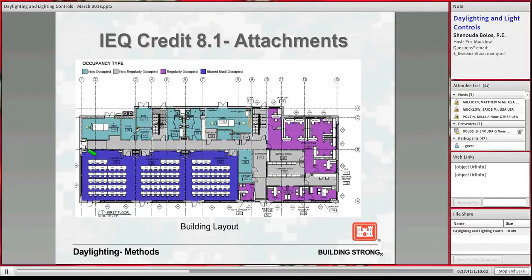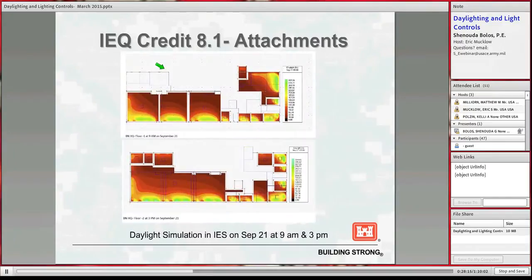First one, you will have to have a layout of the building with either color coding like what we have here, which is the best scenario, or a mark or something showing where is the non-occupant area and, more importantly, the regular occupant area. So the lead reviewer can know where the occupant area is and which areas have daylighting. Then you run the simulation, and after that, for this building, the battalion headquarters building,